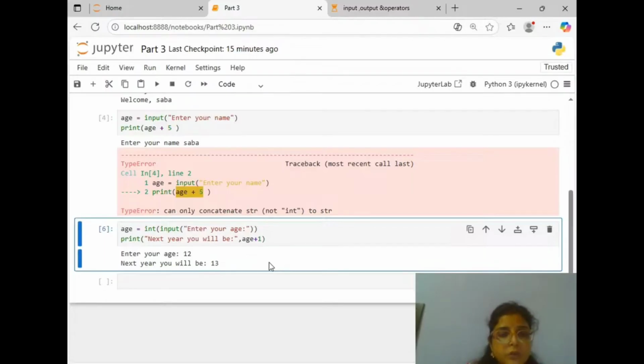Now operators. There are some operators: arithmetic operators, comparison operators, logical operators, assignment operators. So we will learn all these operators. So let's start.